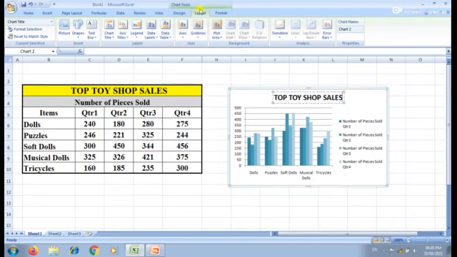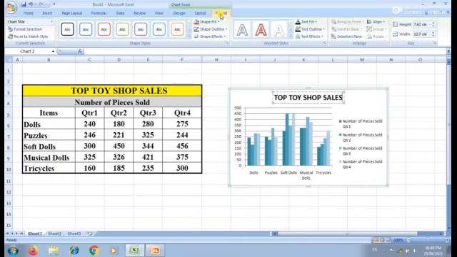Okay, so with the help of this layout tab, you can give the title to your chart, and also you can give title to the axis, horizontal as well as vertical axis. Did you understand, students? The next one is Format tab. What is the use of this Format tab?